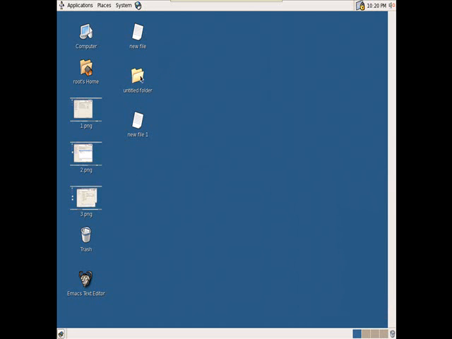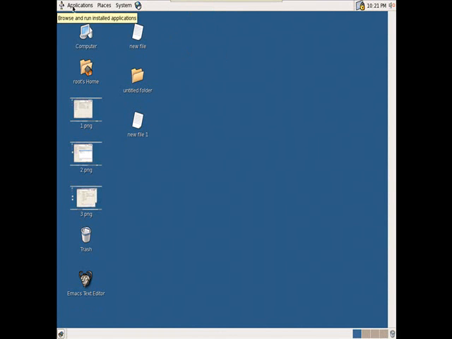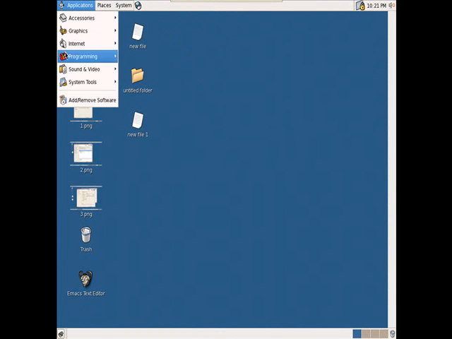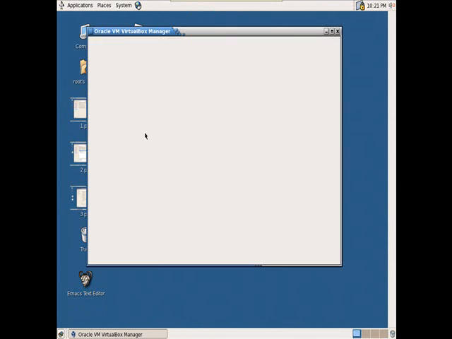So see this one. This is my main machine. In this machine I have already installed the Linux operating system. Now I want to install one more Linux operating system in this machine. First of all we need to install VirtualBox, and I have already installed VirtualBox in this machine. First come to Applications, go to System Tools, and then go to Oracle VirtualBox. This is a software.